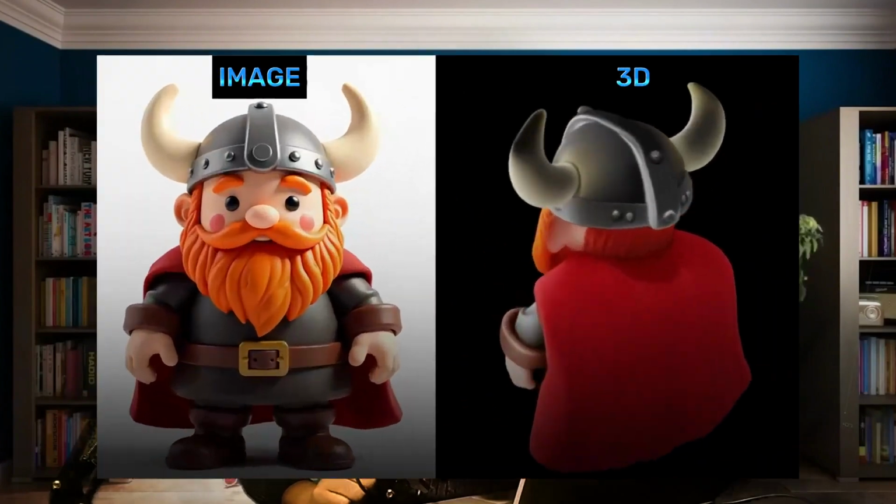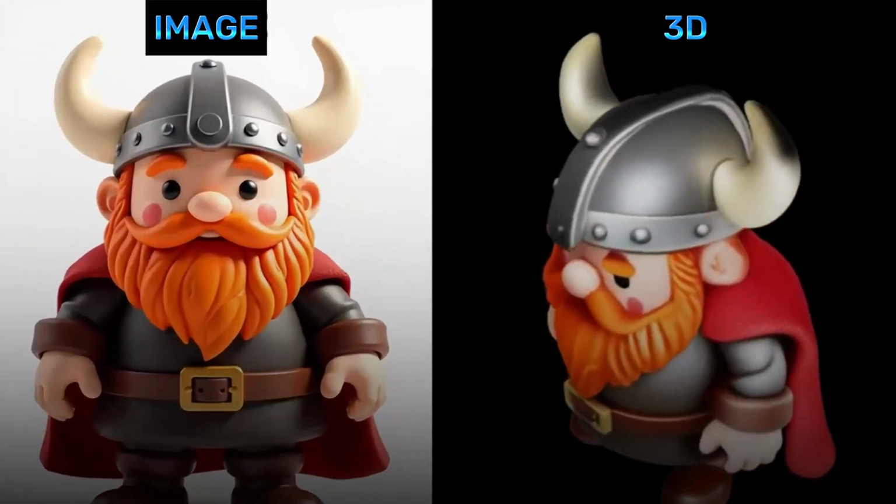This video is to show you something really cool that you can experiment with that is completely free. You can generate 3D objects from an image using artificial intelligence. So this is a toy that I just generated and I want to show you how you can do that